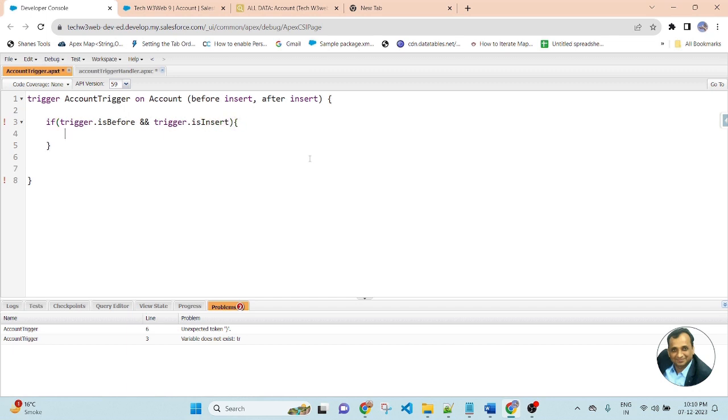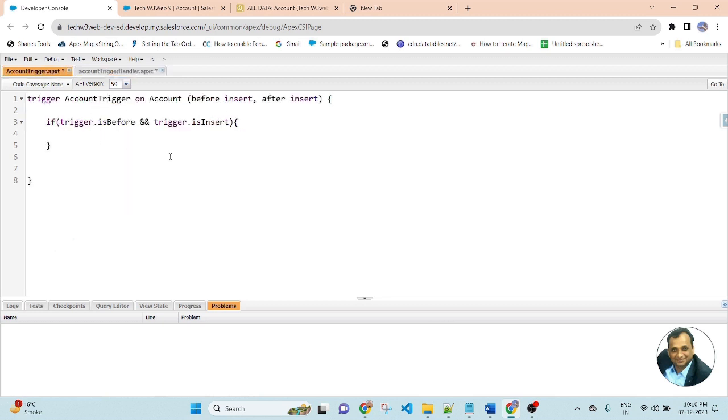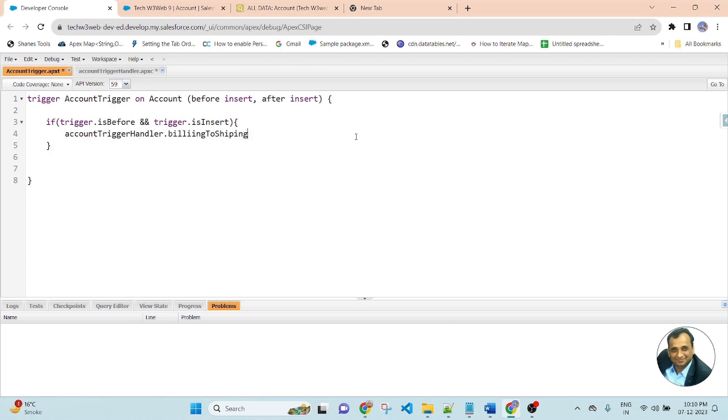Then we will call the Apex class controller and method. The Apex class controller name is AccountTriggerHandler. Copy the name and paste it here. Dot, the name of the method, billingToShipping. Copy and paste here.